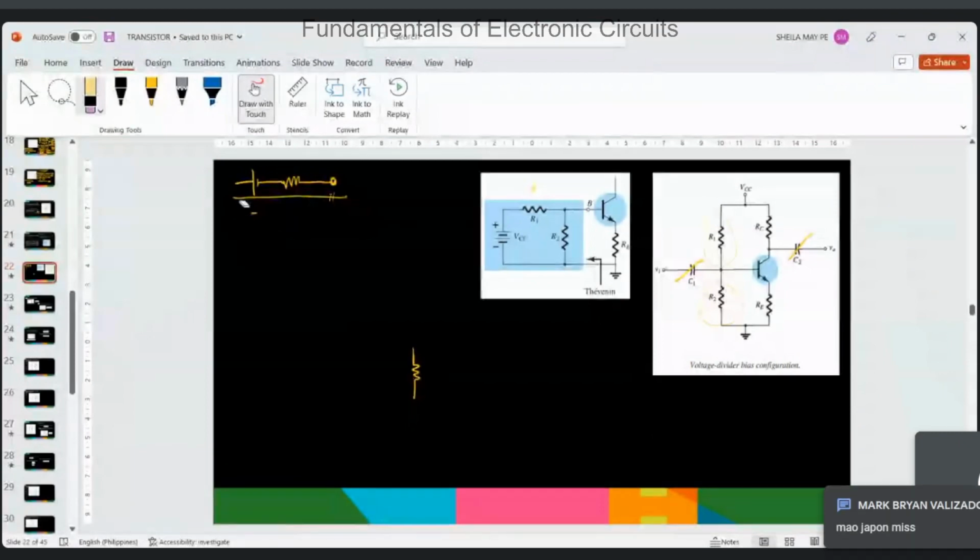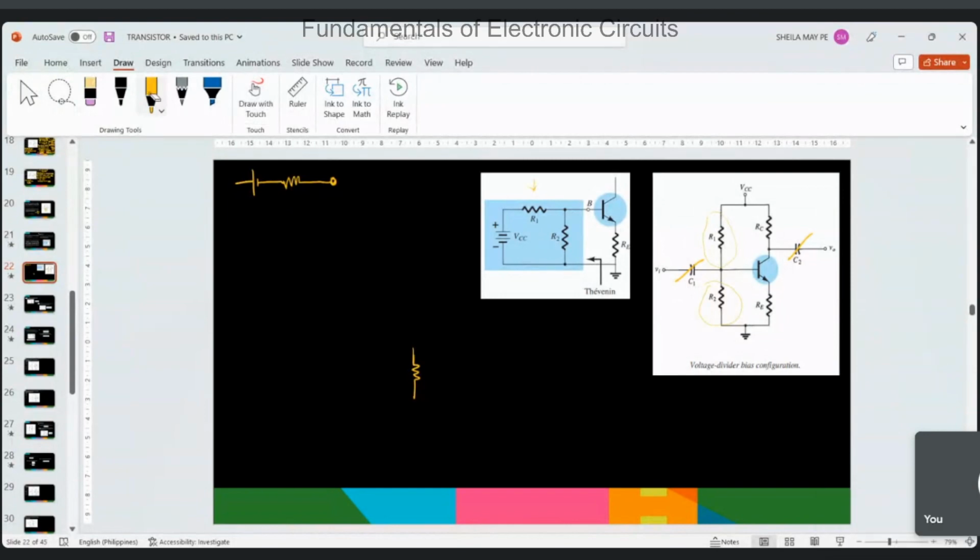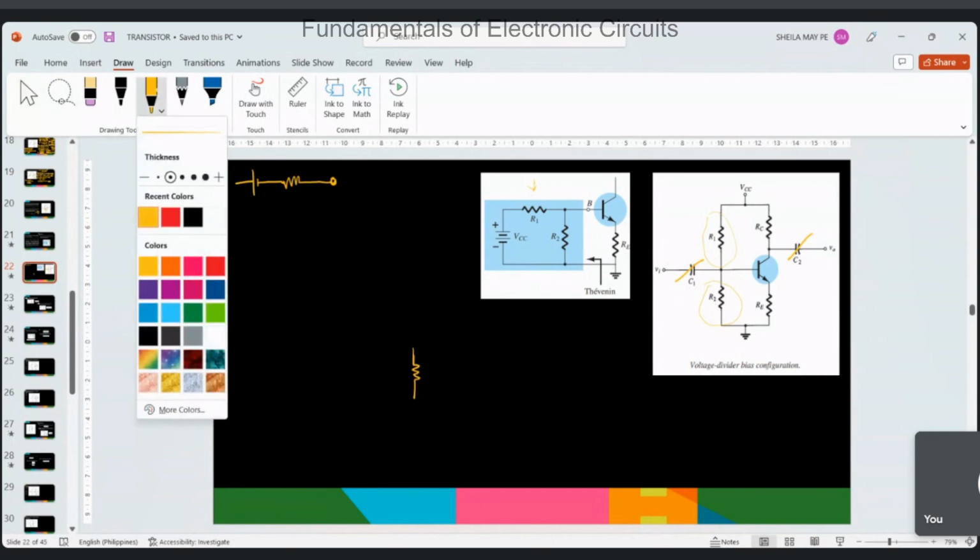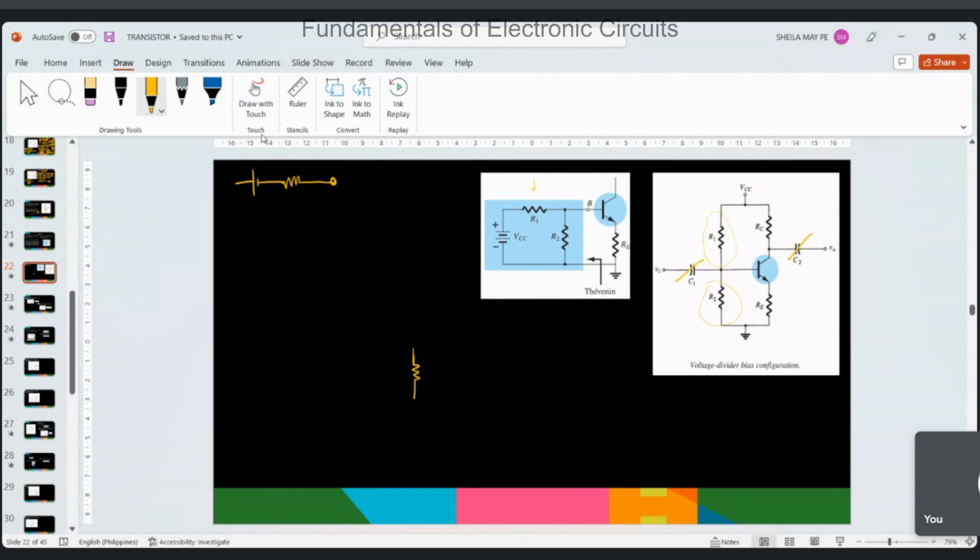What do we need to do to simplify our circuit using Thevenin? To put it simply, we have the VTH, or ETH, our RTH, the Thevenin resistance, and then directly to our output. And in order for us to achieve this simpler series circuit,